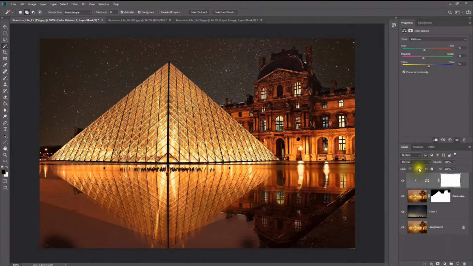Okay, I'm happy with that. That looks pretty good for now. We'll just reduce the opacity there a little bit as well. I always reduce the opacity there too, just to try and blend things a little bit more. So that's an alright looking composite, but our challenge here now is going to be to add the starry sky